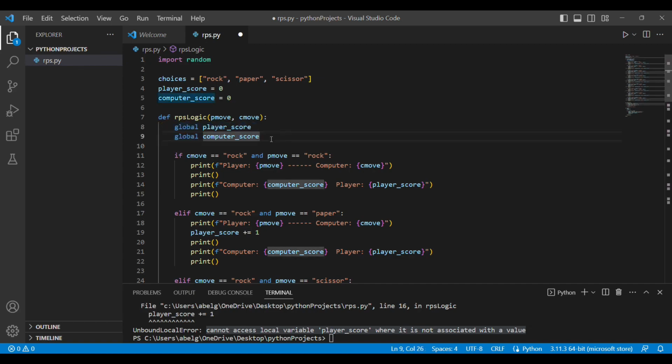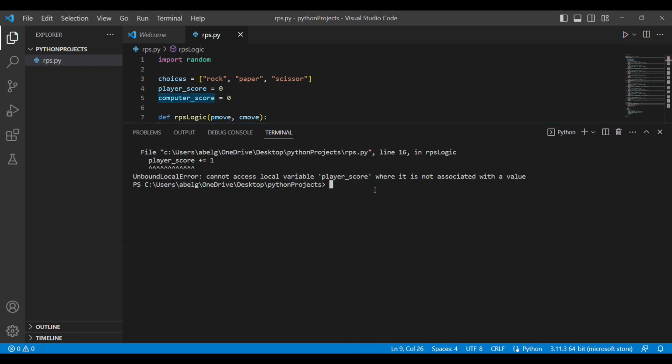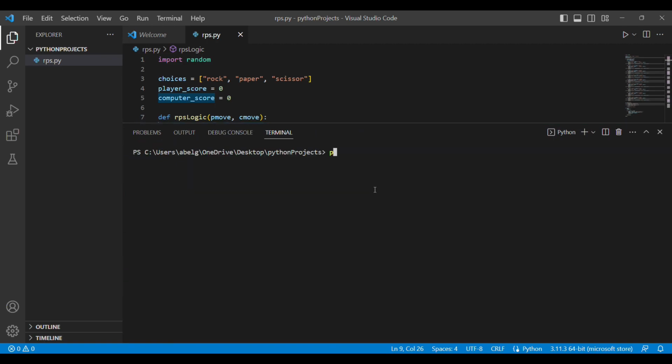So now we're going to save our file again and we're going to run it. We're going to run it from the terminal this time. We're going to say python3 followed by the name of our file. Okay, it asks us for rock, paper, or scissors. Let's put in paper. Okay, we played paper, the computer played rock, that means we beat it. So we got an additional point.